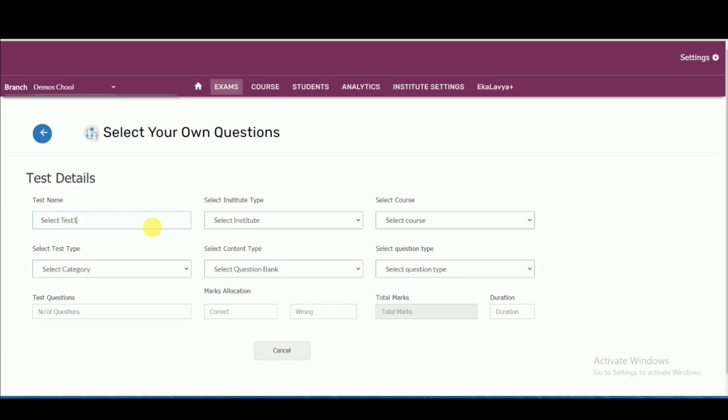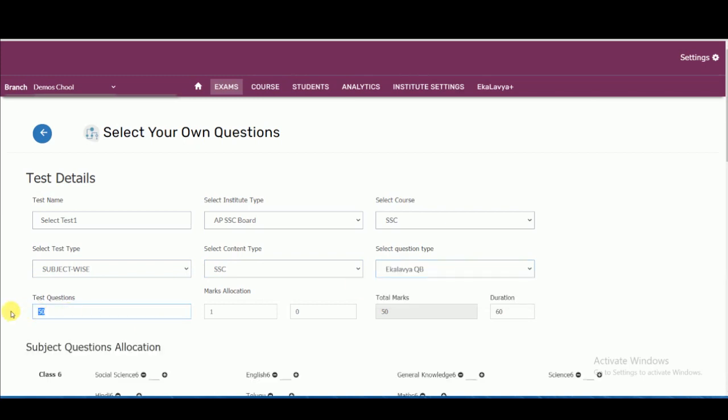Select APSSC board. Either subject wise or chapter wise. Here you can specify the number of questions and also the duration of the exam.